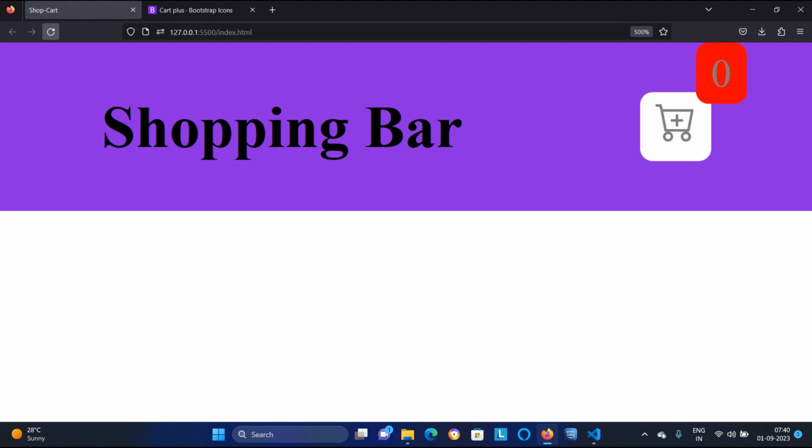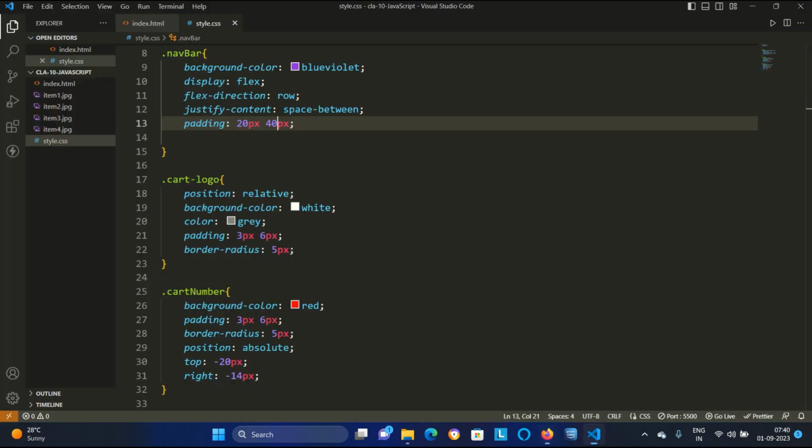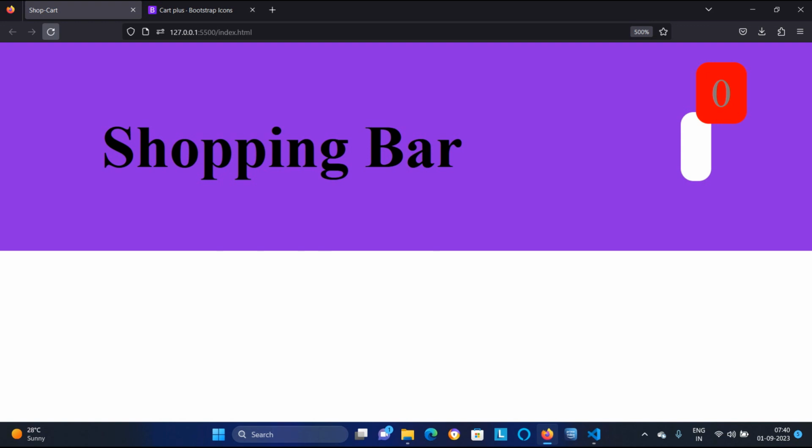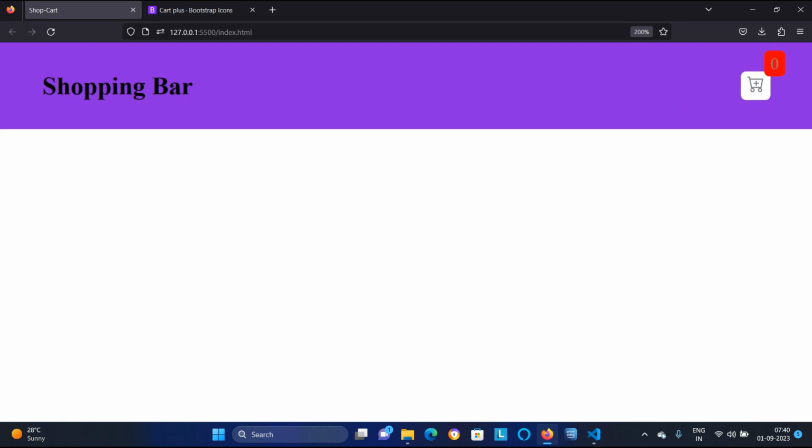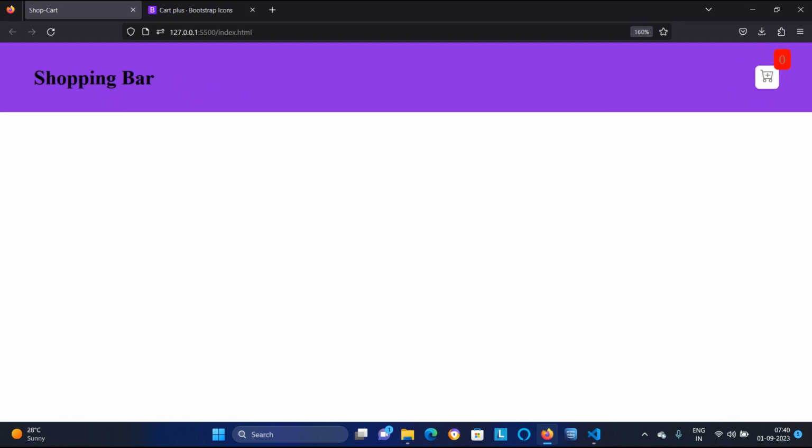Look, okay, I should increase the top and bottom as well. Here I will say take this 28 pixel, refresh it. Look, now the things are coming in the way which we want. Look that our nav bar has been created now, it's looking in this way.